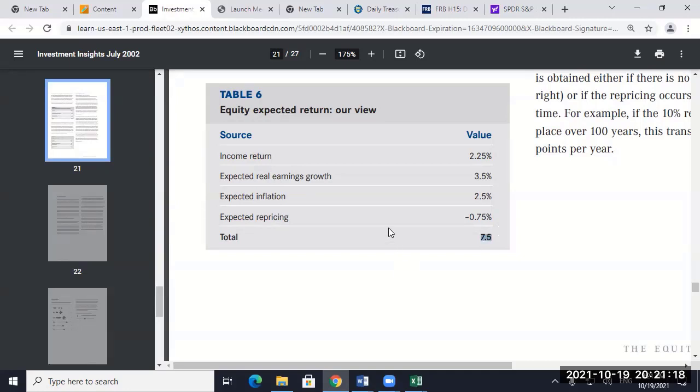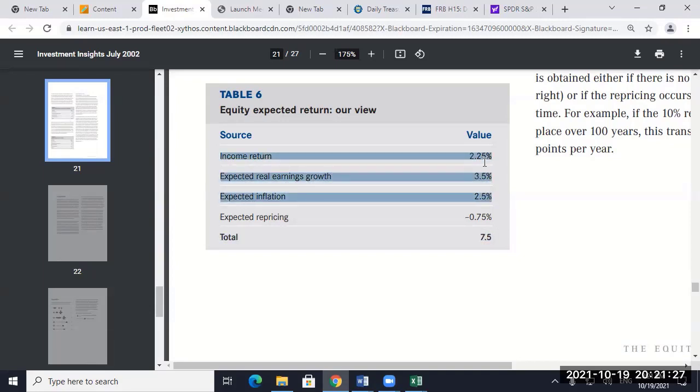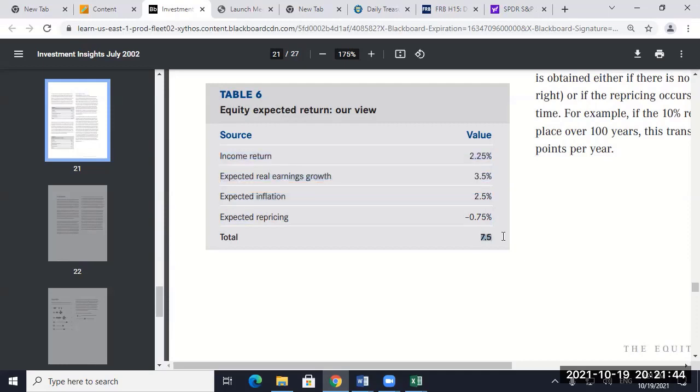So just a little bit. Now, what they're saying is this is what we expect the stock market to make. But essentially, I think they're saying this is what they think the average stockholder needs, but the stock market's not priced to give them that. The stock market's priced to give them 7.50. So essentially what they're saying is, this is what you need to cover for your risk, which is what a discount rate is, right? But this is what you're going to get.